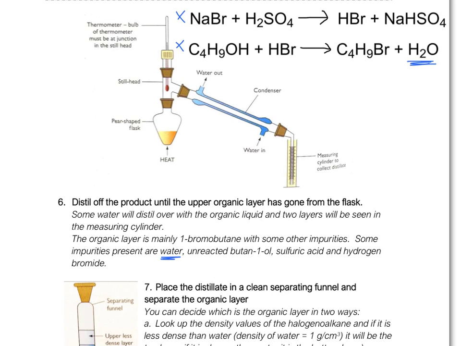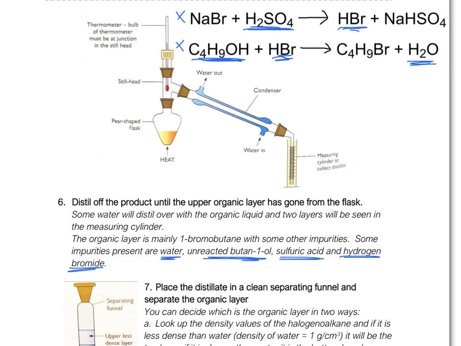We've got our unreacted butanol, sulfuric acid, that was one of our reactants as well, and hydrogen bromide, which as you remember is one of our reactants, but it's made in situ. So some of those impurities may also come over with our 1-bromobutane